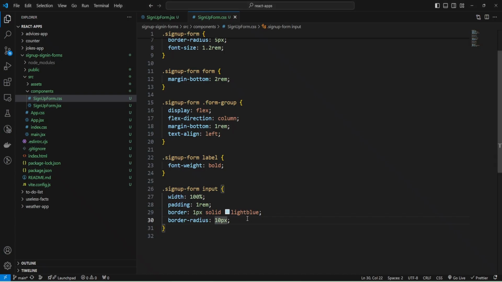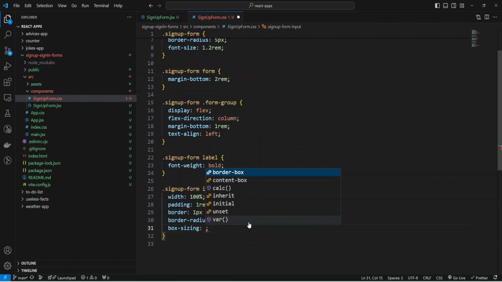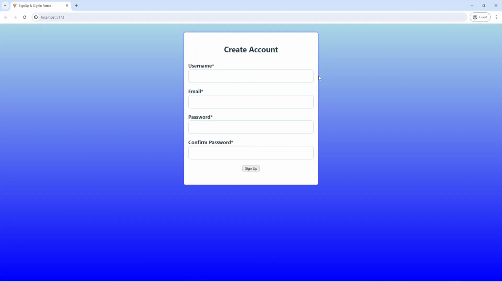And I'm going to add box sizing to border box to calculate width for the element, and don't add this extra padding to the element size. Save, and let's check. As you can see, we don't have this extra padding here, and now we can add styles for our outline, and make it blue, and add styles for bottom.